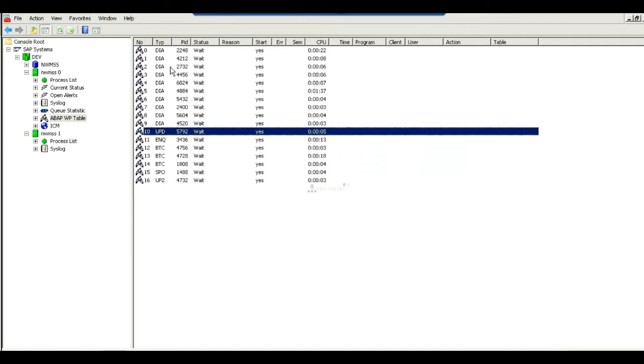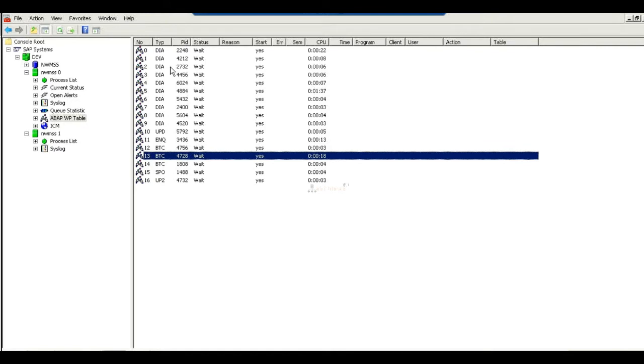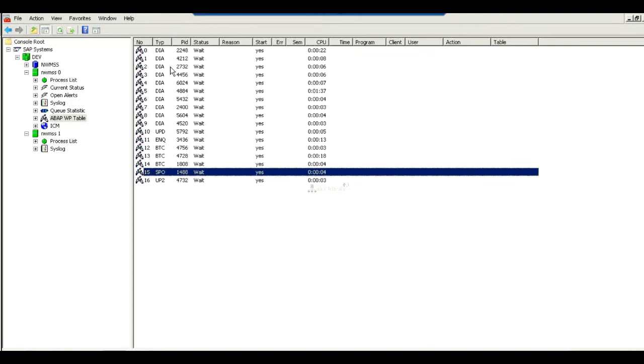What is the full form of BTC? BTC is nothing but batch jobs. The batch jobs we call a background work process. Okay. What is SPO? Spool. Spool work process, right?